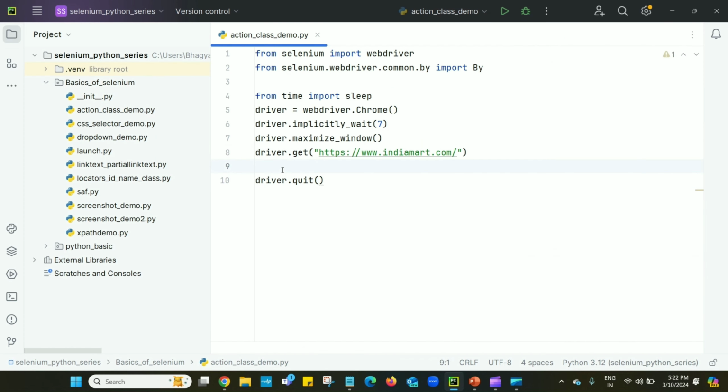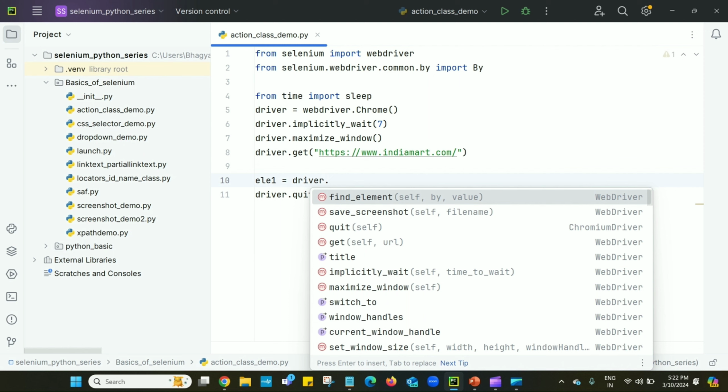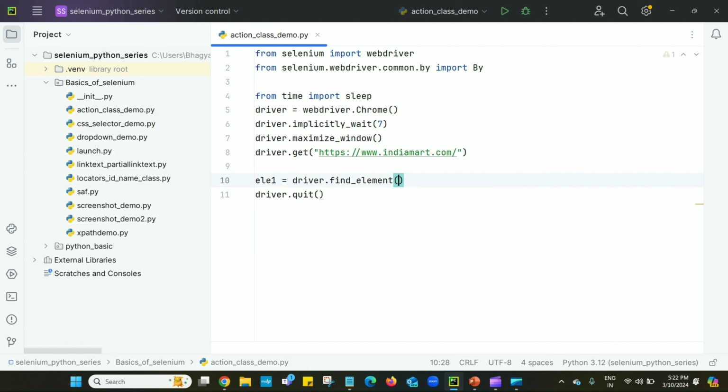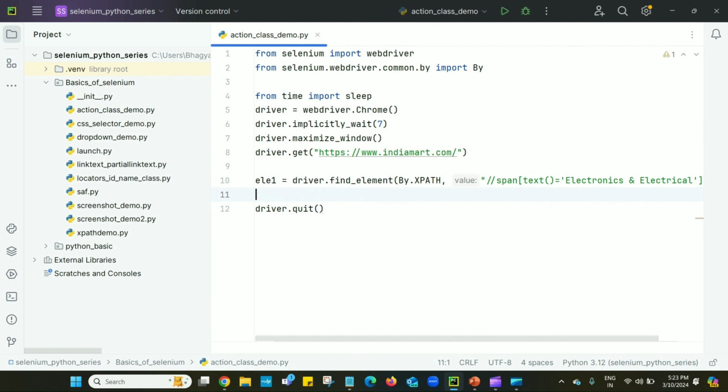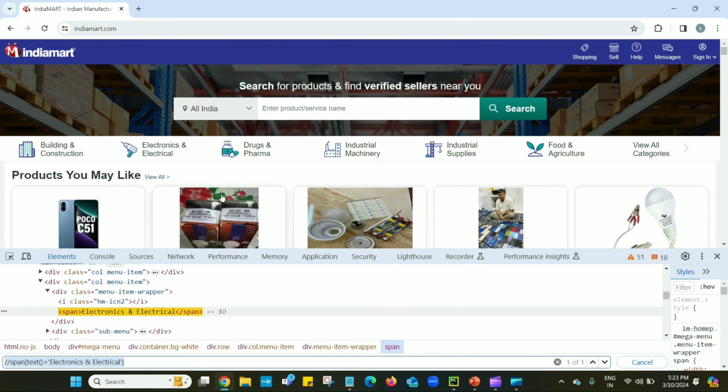So after opening the browser, I will write element1. For example, I am defining a variable as element1 which stores this web element. So driver.find_element(By.XPATH). So this is element1.